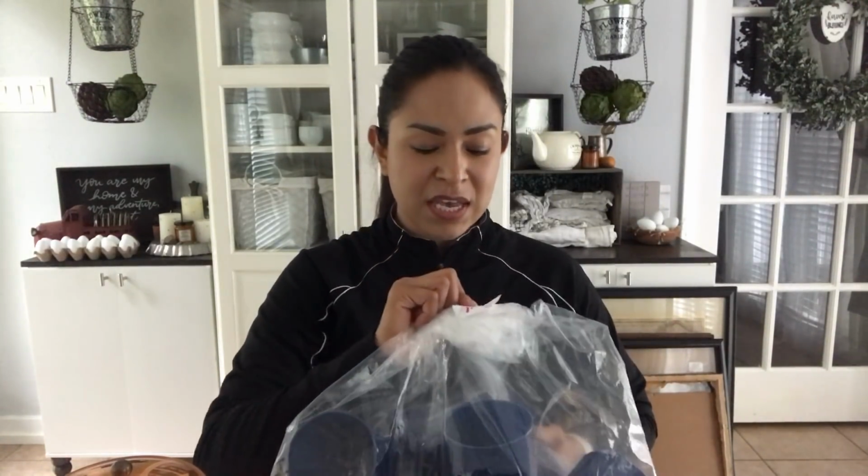So the next item that I picked up is this here. It's another set of picnic dishes. It was $1.91, and I have been waiting to tear into this bag because I want to see exactly what's in it. What sold me was this. How cute is this? And I think this is a placemat or like a little,